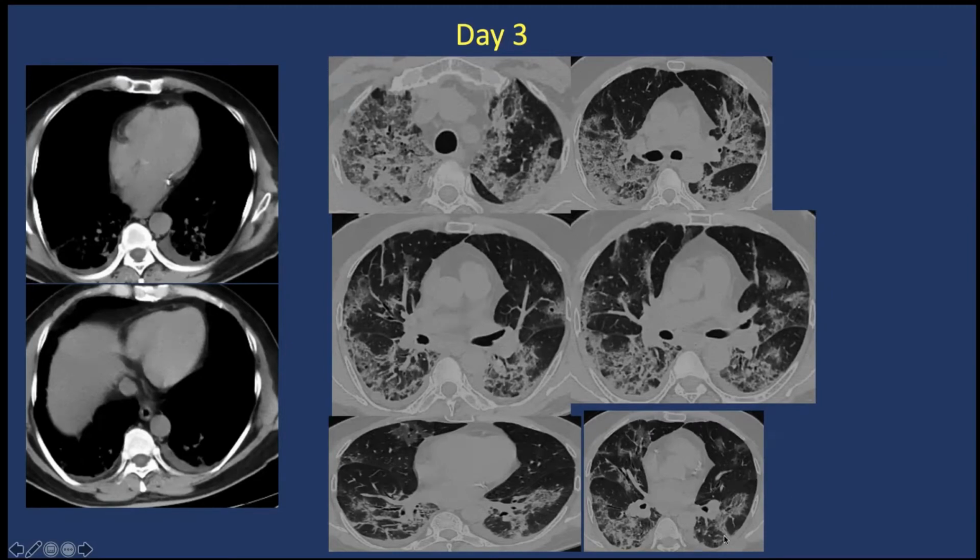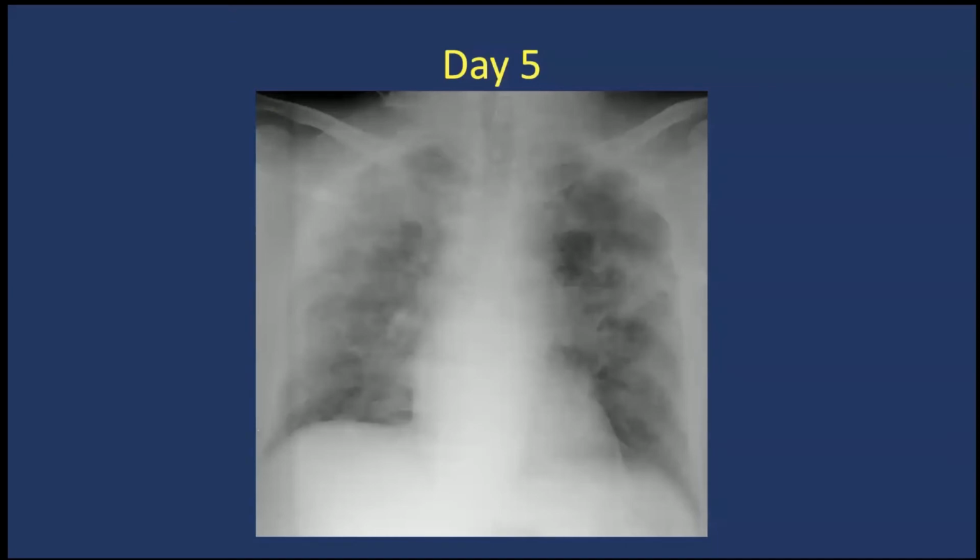Architectural distortion and tractional bronchiectasis are described in severe COVID cases which are slightly older in disease. In the literature, they are described at 15 to 20 days of disease. But crazy paving, ground glassing, and vacuolar signs are supposed to be a more early feature of COVID pneumonitis when performed on CT scan. And this patient started showing some resolution. He's still admitted under us, and he's showing some resolution of the chest infiltrates, but he's still on oxygen therapy.